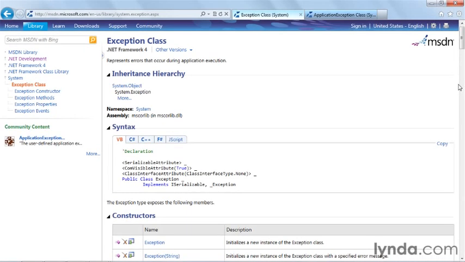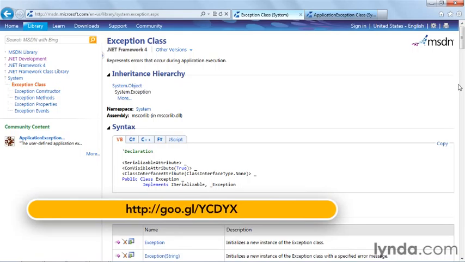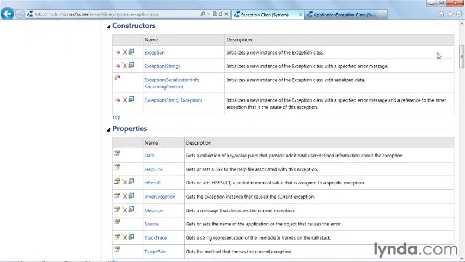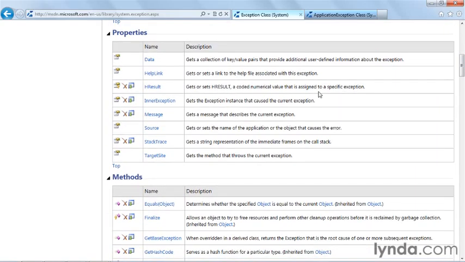talking about. This is the Exception class definition here on msdn.microsoft.com. And if you do a search for System.Exception, or if you go to the URL up there in the URL bar, you'll see the Exception class. Now, as we scroll down a little bit, you'll see that just like other objects, there are constructors. In this case, we've got 4 different constructors, and there are some properties. So these are the properties that exceptions make available. There's Data and HelpLink and Message, and we'll explore some of these later on as we go through the